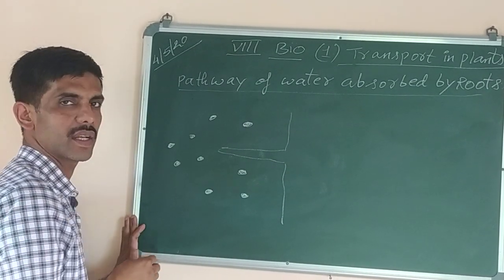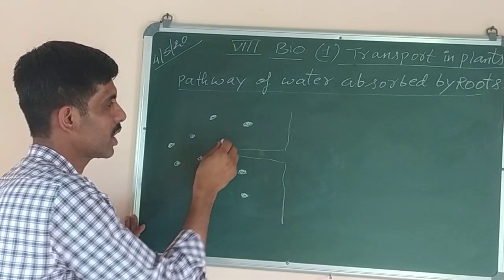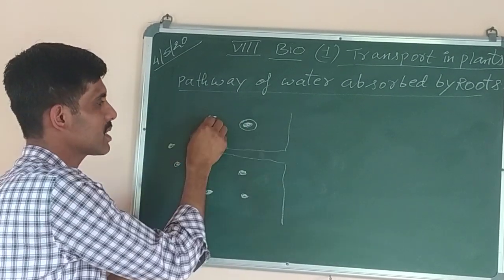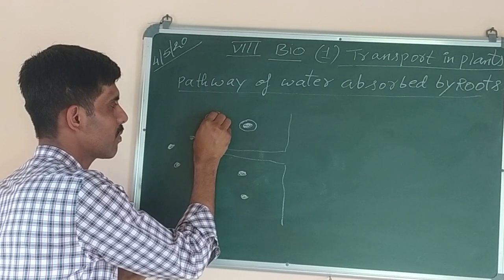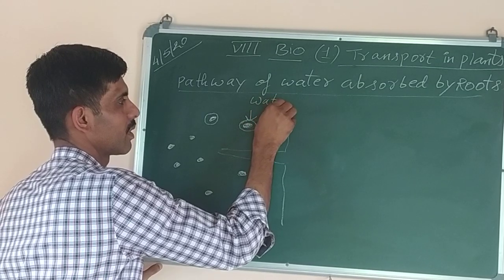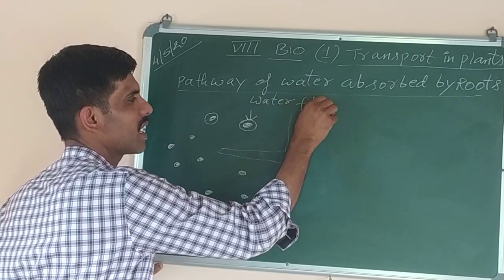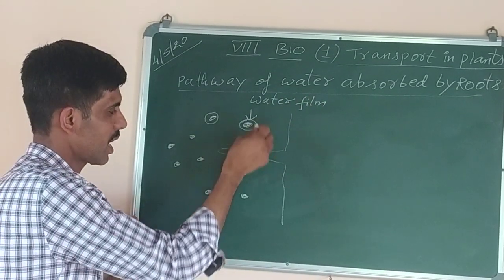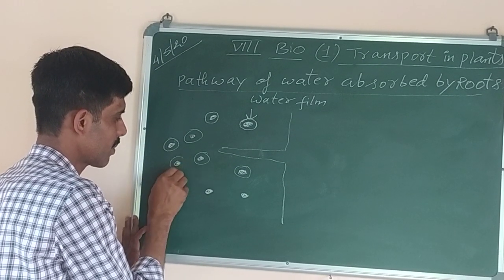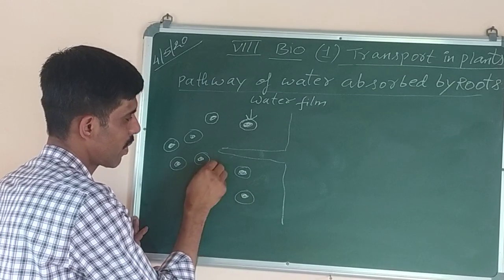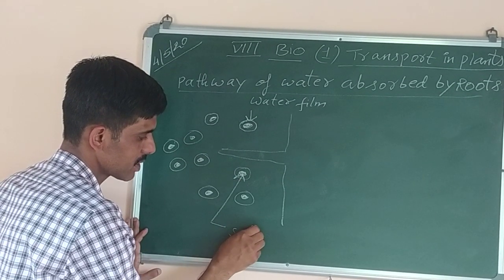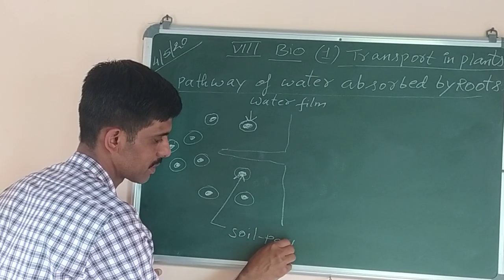Now these soil particles contain water molecules, that is a film of water is present. Around each and every soil particle there is a layer of water. So film of water, or water film we can write. Water film. Film means layer. A layer of water is present around the soil particles. Okay. I'll just put a circle around all the soil particles. And what are they? They are the soil particles. So I'll just label it. It is known as soil particles.